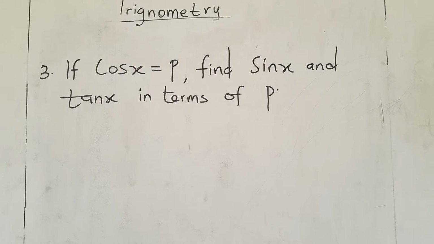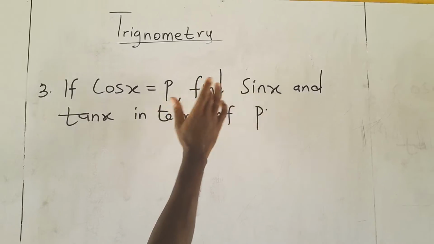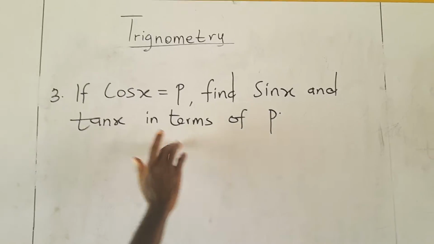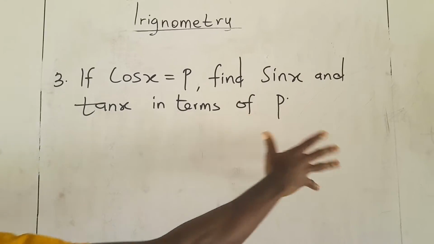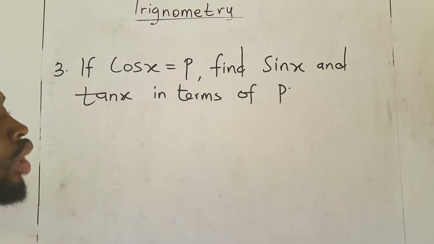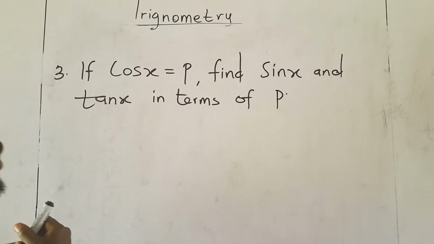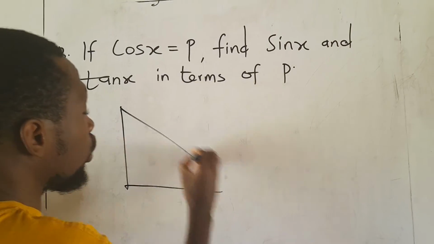So let's look at our third question. It said, if cos x is equal to p, find sin x and tan x in terms of p. This is another interesting one. Since the interval is not given, you presume that x is found in the first quadrant. Very, very important, that's where all is positive. So let's draw our right angle triangle again,